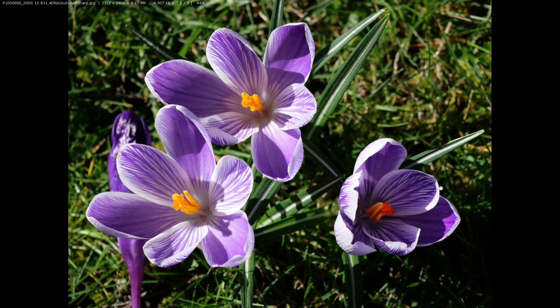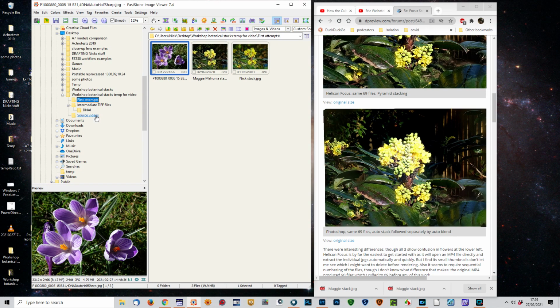So this workthrough is in some ways specific to using video and also to using Helicon Focus, which is what I use. But hopefully there will be enough general information here for it to be of interest or use to other people. Now, if we look at the source file for this,